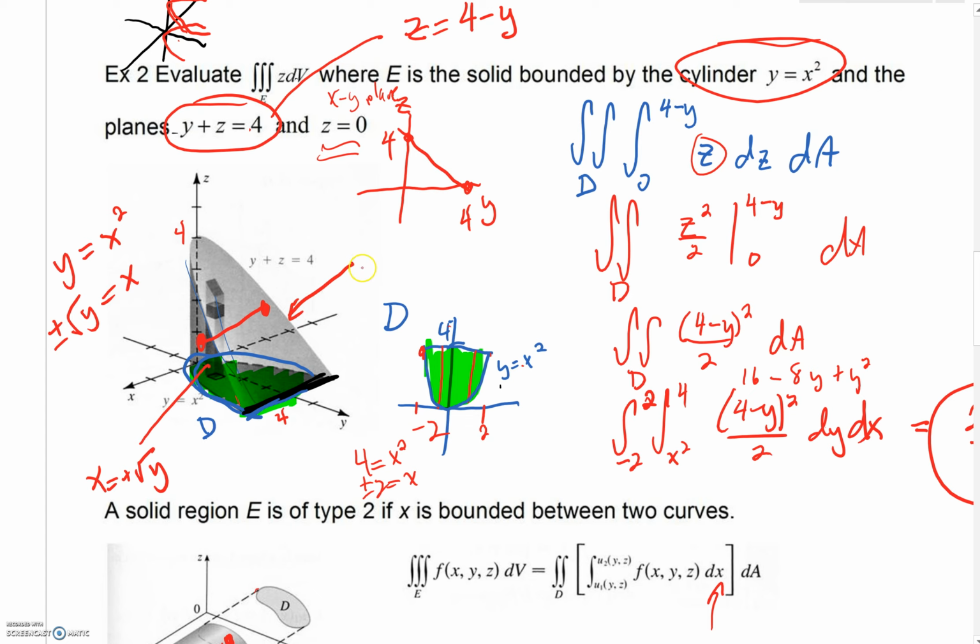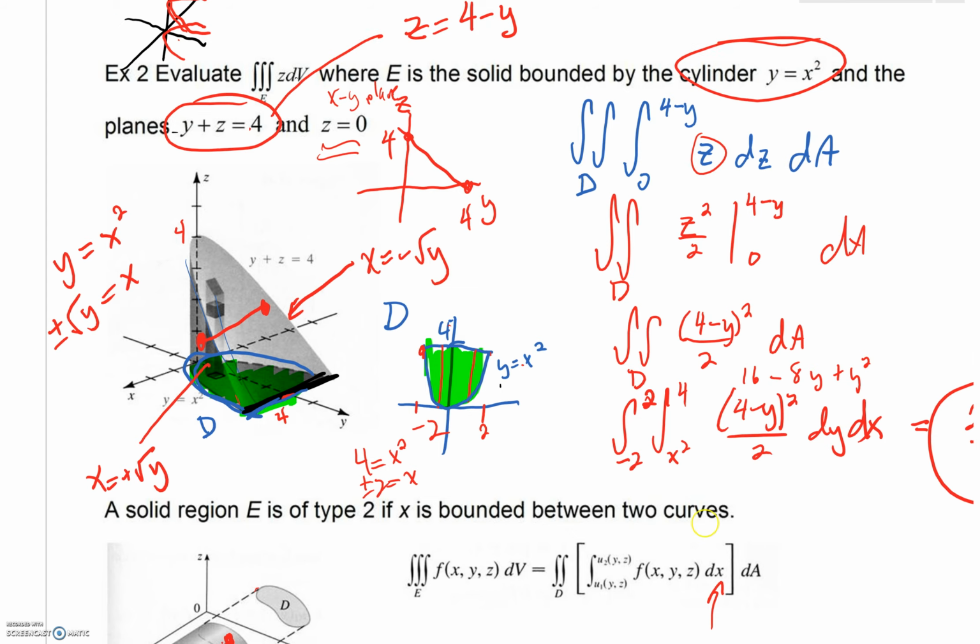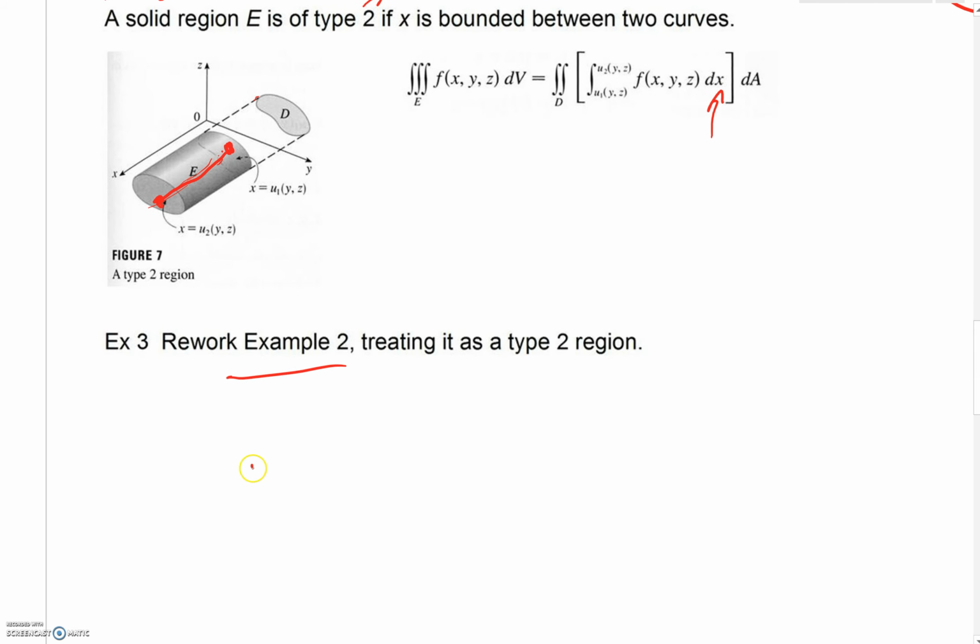Over here on the left, in that negative region where x would have a boundary, that would be negative radical y. So that's where we're going. And we could actually begin very quickly then to say, look, we're going to go between negative radical y and positive radical y. And of course, our integrand would be z, and we'd have dx. And then very importantly, we'll have to talk about the domain that we're going to have our double